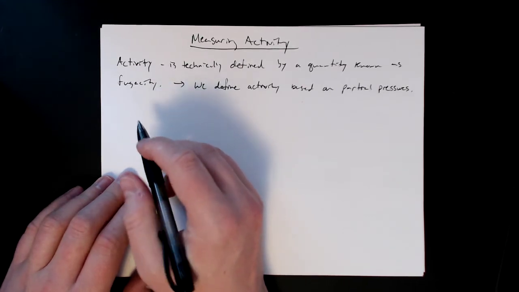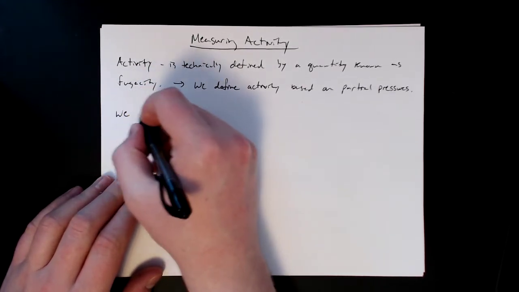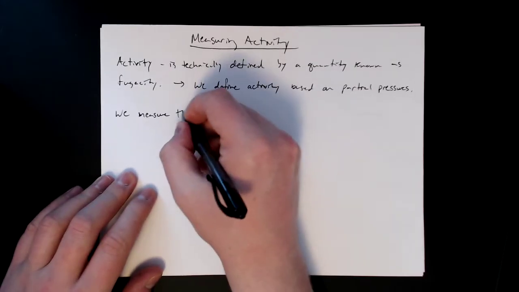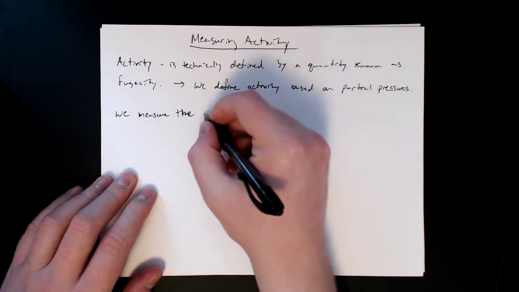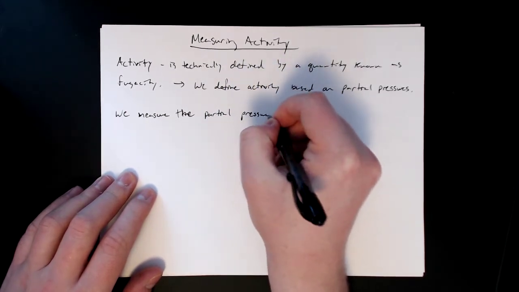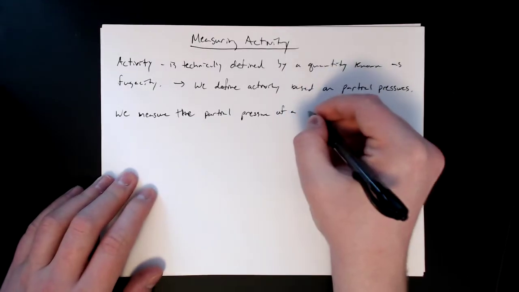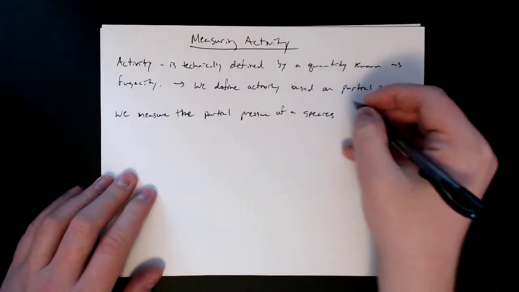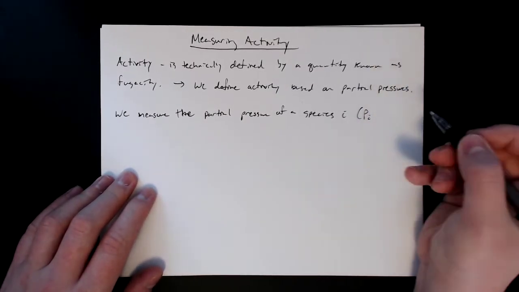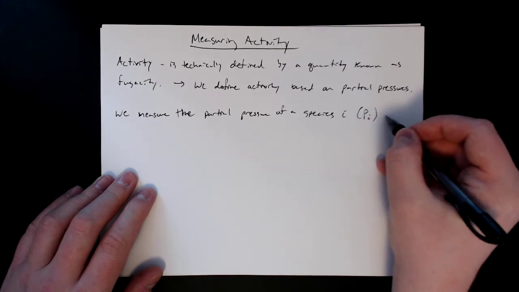And so what we're going to do is measure the partial pressure of a species I, so we keep using that I terminology, and that's going to be P sub I, and we're going to